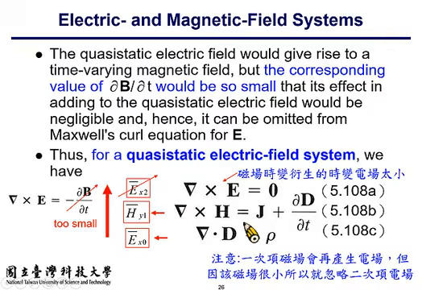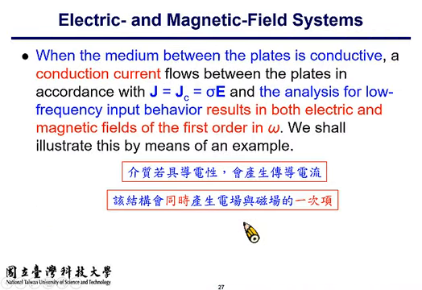And if the Hy1 term is not large enough, then the time-varying magnetic field, this is supposed to be what? Minus del B over del t, right? But if the time derivative of this thing is not big enough, then the Ex2 term is not large enough and can be neglected. So this is the electrical field system. All right, then